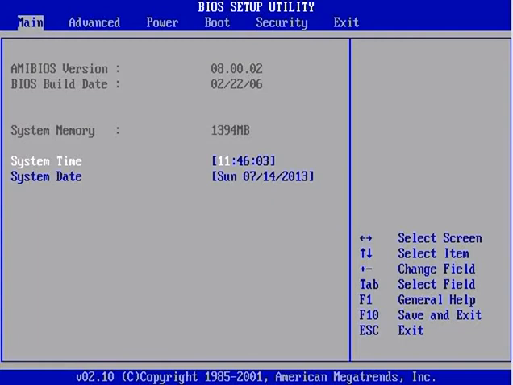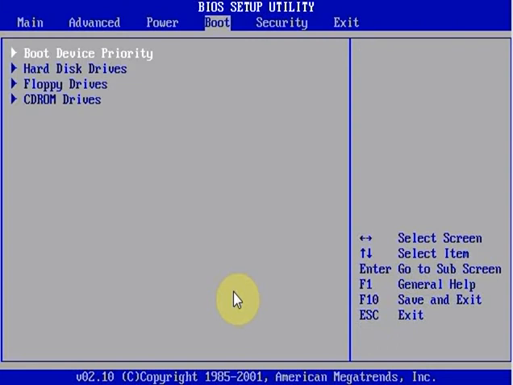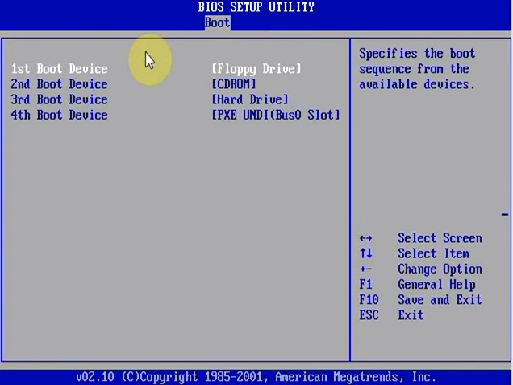So first insert that DVD cassette in your DVD drive. Restart your system, and during restart you need to press Del, F2 or F1 as per your BIOS setup. It will show you under your system which key will help you to go into the BIOS setup. And after that you need to go to the boot menu and select boot device priority, and in the first boot device you need to select here